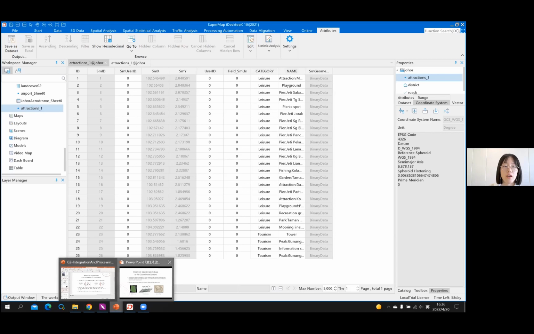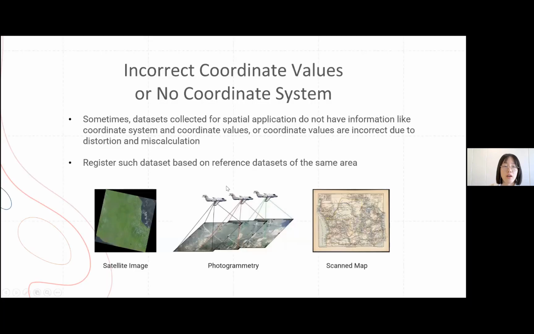Now let's continue. So in this project, there are some data sets that have incorrect coordinate values, or we don't have any information about their coordinate systems, and we don't have anyone else to inquire. And in that case, we have to find some reference data sets for the same area, and then through registration assign a coordinate system to